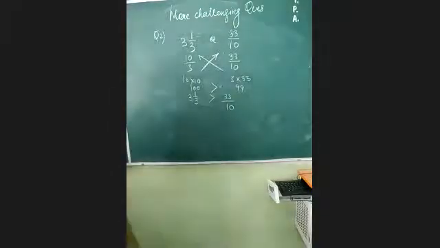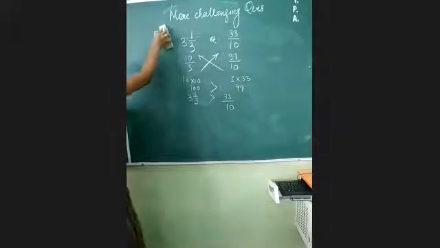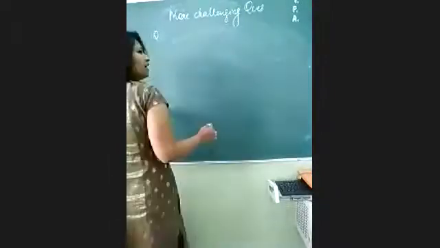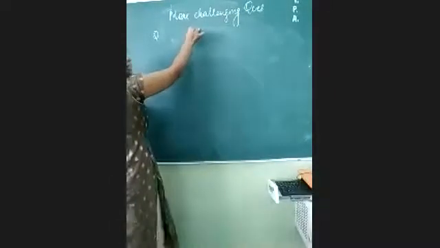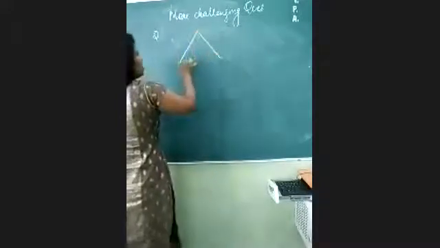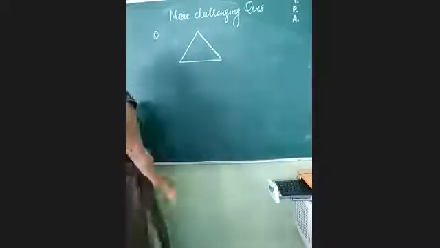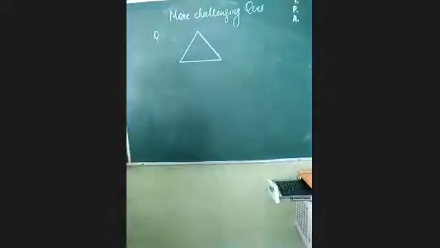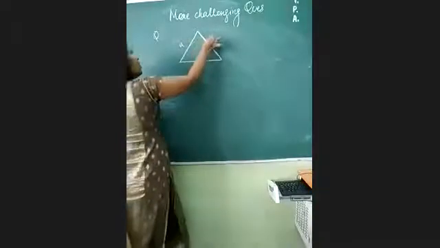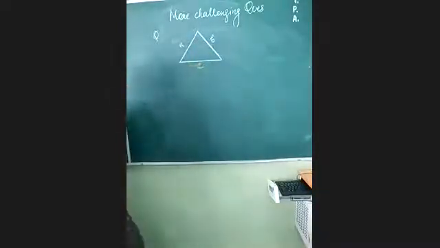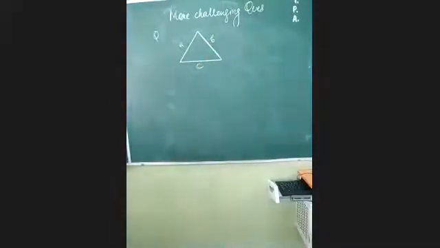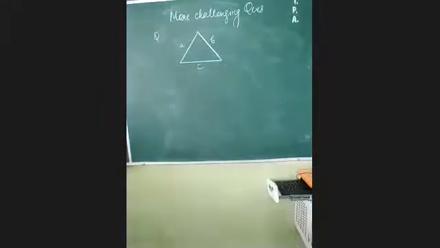Now moving on to the next question, that is question 3. Now look at question number 3. I will tell you, and I know that you people will cooperate and we will do it together. Everyone knows that if we have a triangle, and the triangle's perimeter, what is the formula of the perimeter if the sides are A, B and C? Can you tell me the formula for finding the perimeter of a triangle?